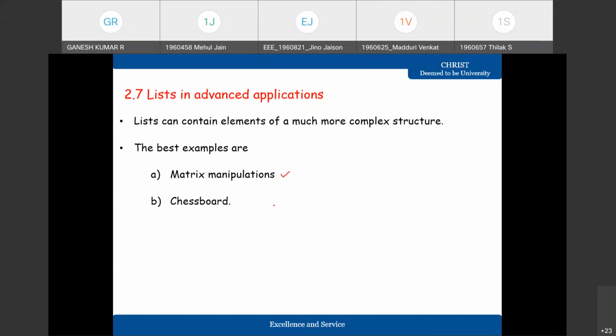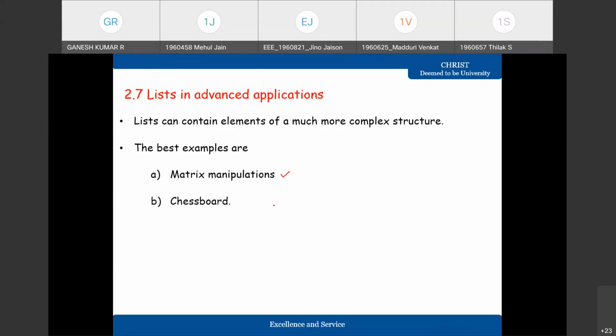So when we want to define an object in terms of several dimensions, the basic will be one dimension, then two dimension, 3D and multi-dimensions. This can be done in Python programming with the help of list. Similarly, chessboard. For every move, there could be a counter move, right? A counter step, which cannot be predicted.